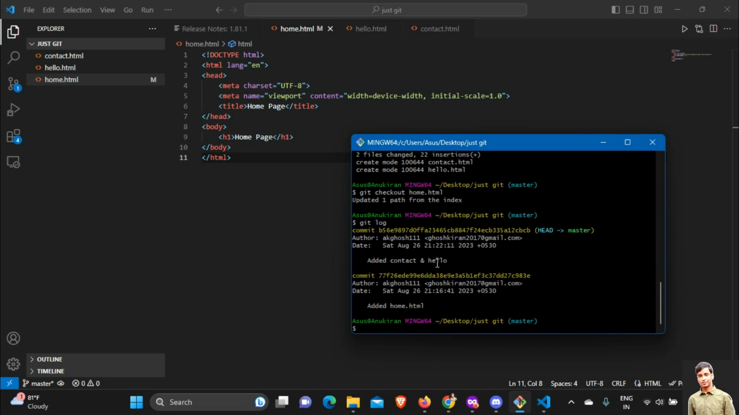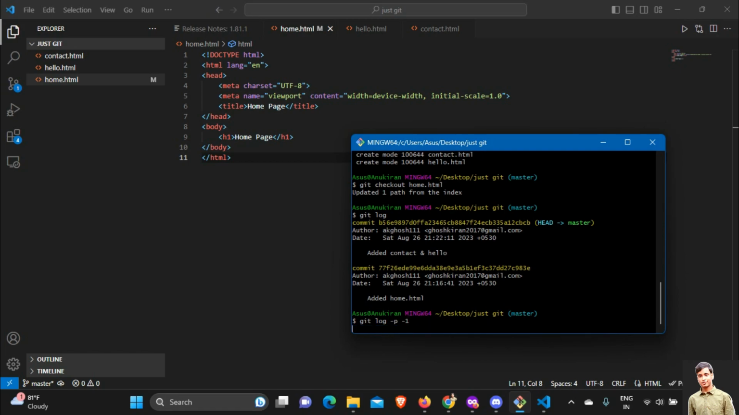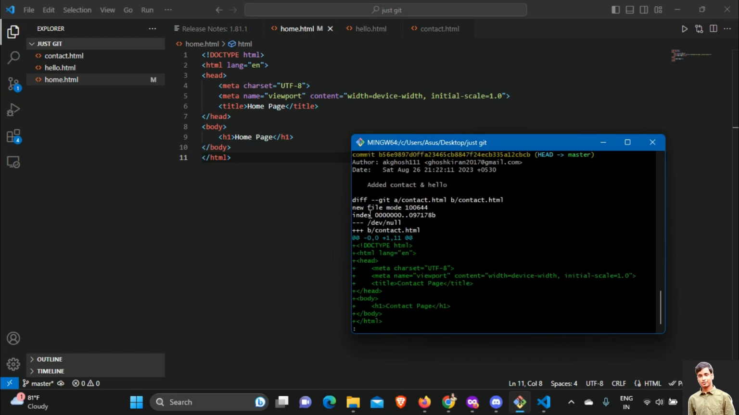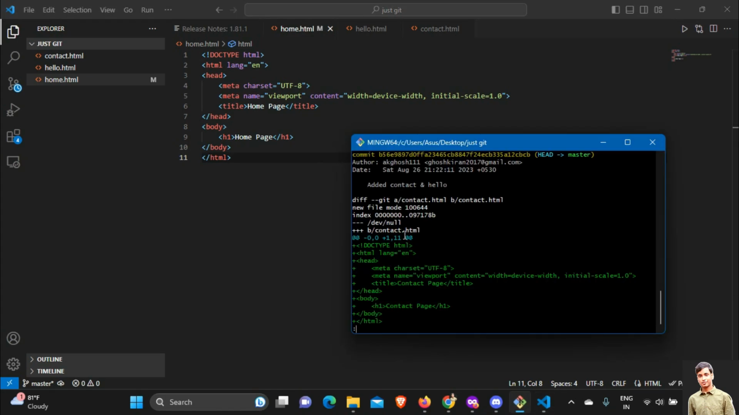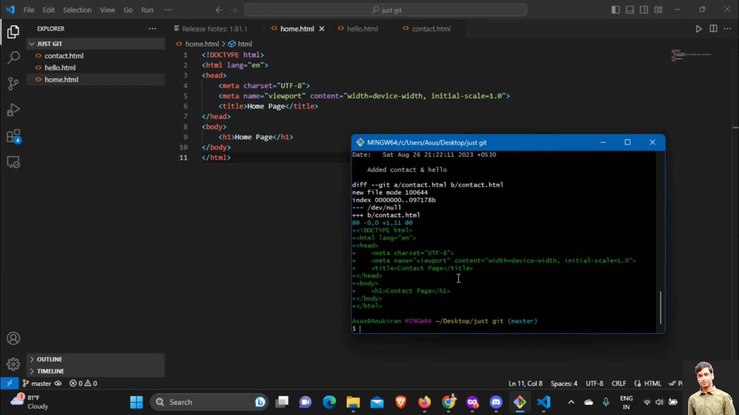So in that case, what you can do is you can specify the number of commits you want to see. Let's say git log space -p followed by a hyphen and the number. Let's say I want to see only the last 1 commit. So I'll type in 1 and hit enter. And as you can see, this is the last commit. And this is the file contact.html. Sorry, contact.html. This is the last file I have committed. So I will type in Q to quit out of this editor. Alright,